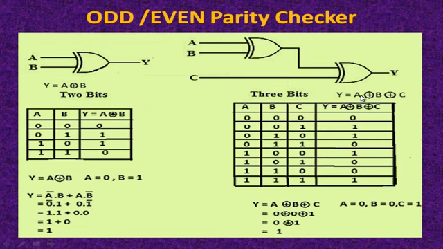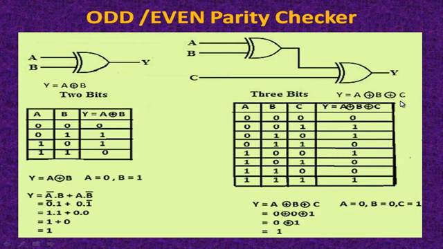I repeat again. The output of this first XOR gate will be, what will be the output? Yes, A XOR B. And what is done with that output here? Yes, that is given to this second XOR gate. So this input is A XOR B and this is the third input. So now this gate contains A XOR B and C as its two inputs. So its output will be A XOR B XOR C.